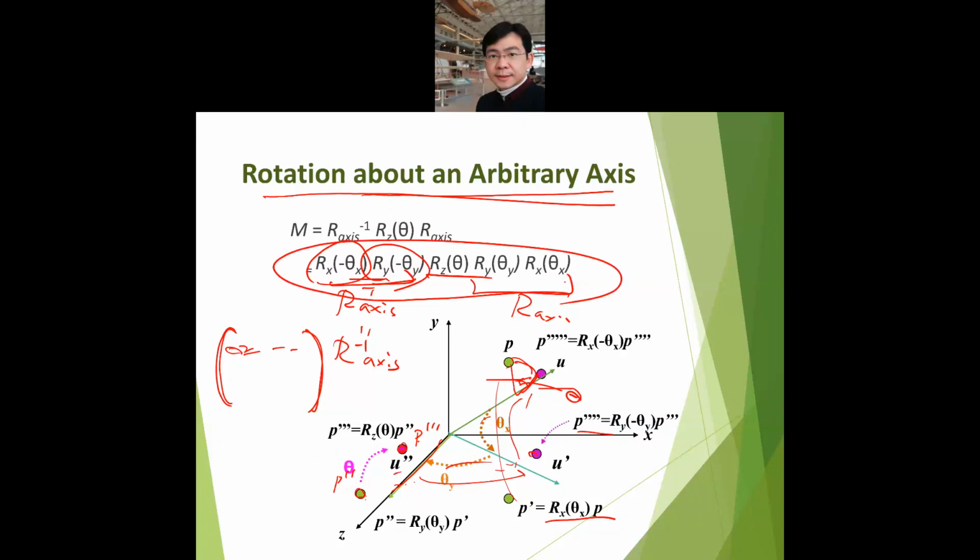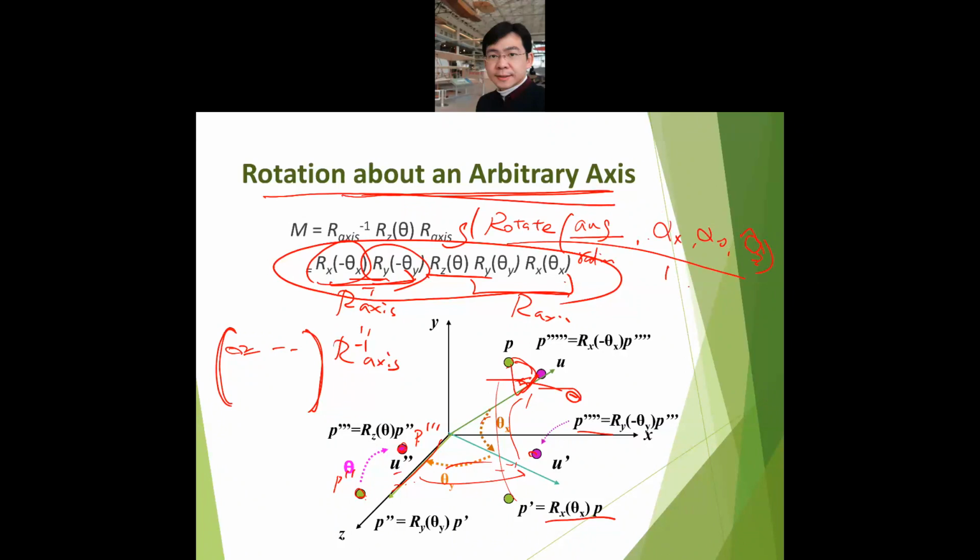And luckily, if you use OpenGL, glRotate, OpenGL provides this kind of function. For instance, you provide your angle, say in radians, and then you provide the axis, such as x, y, and z. So OpenGL actually provides this rotation about an arbitrary axis, but for most cases you